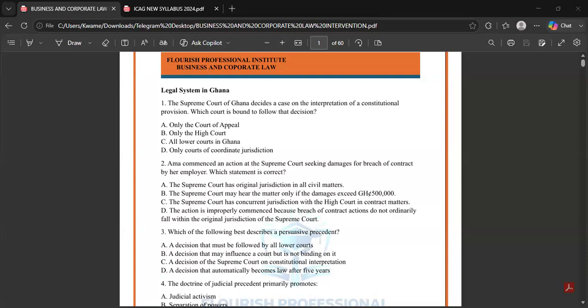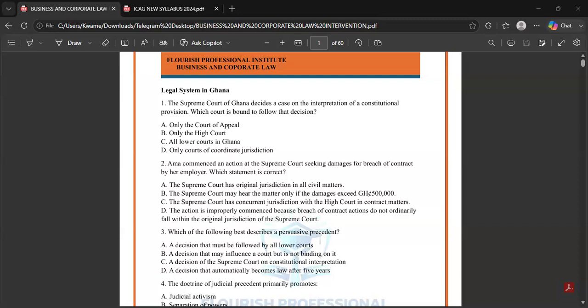Because the Supreme Court, in a layman's view, has very serious issues to handle, including the interpretation of law. So a contract between two individuals is too simple, if I should put it that way, for the Supreme Court. There are lower courts that can address that issue. And remember, I'm not saying that an issue of law of contract cannot go to the Supreme Court. No. Look at what the option says: do not ordinarily fall. So there could be instances where such issues can go to the Supreme Court.